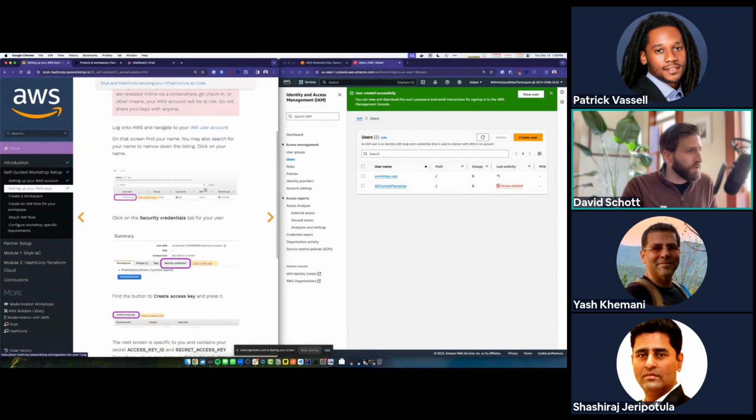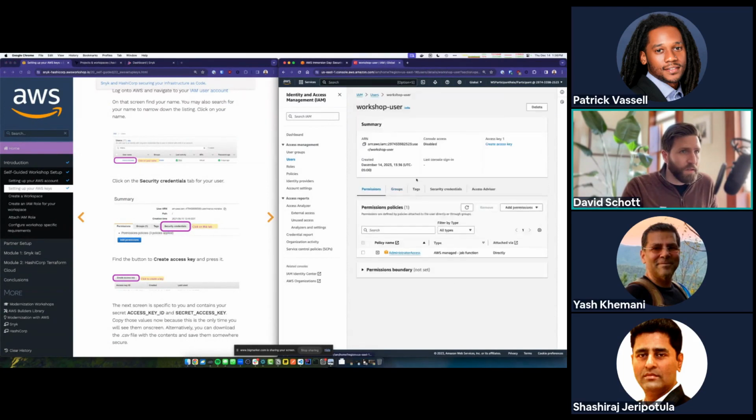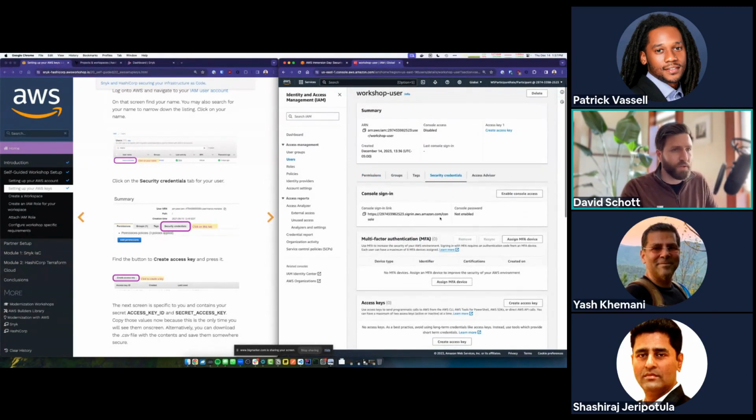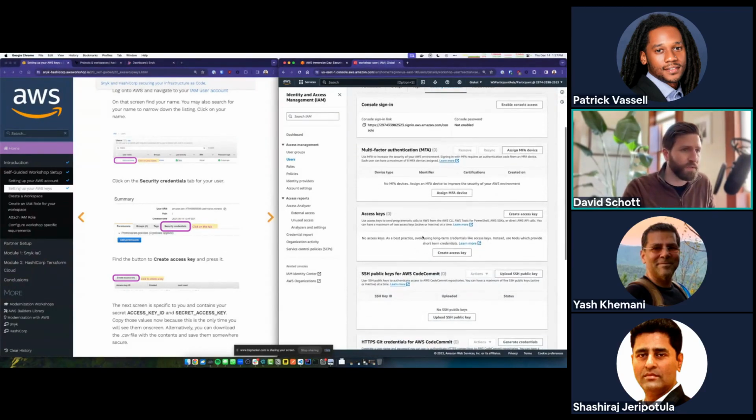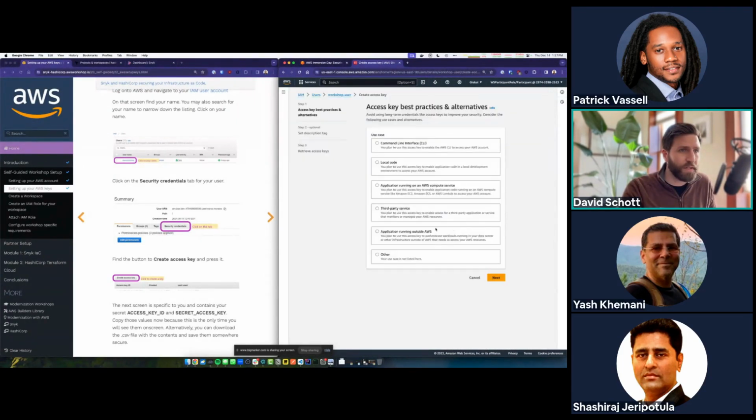So once we've got our user created, we're going to grab their API key by simply clicking on that user and then go to security credentials. You can also just verify that they have admin access here, but go to security credentials and then scroll down. You'll find a section there called access keys, and then click create access key, of course.